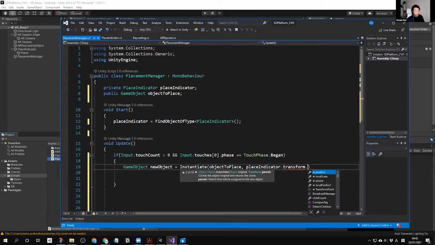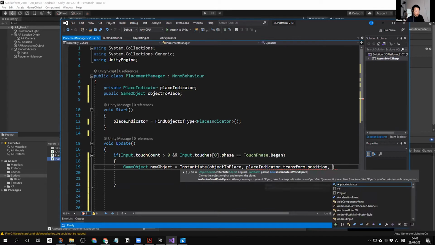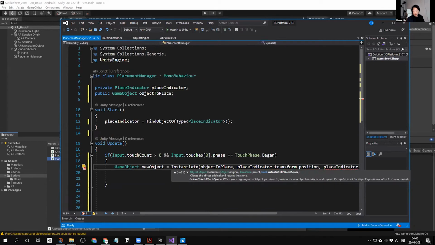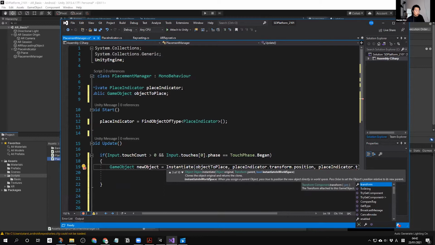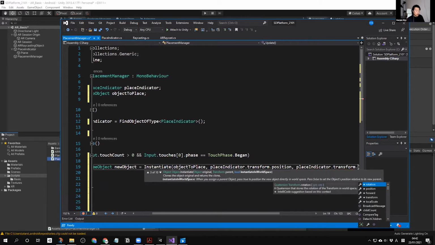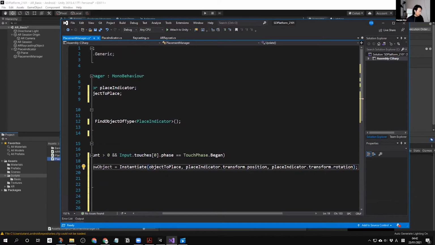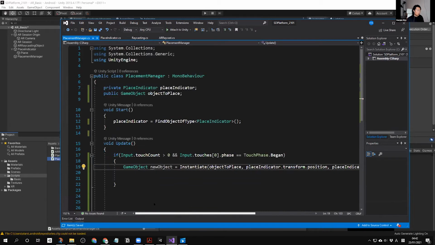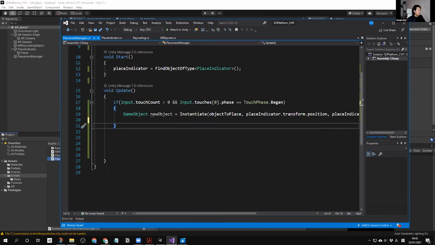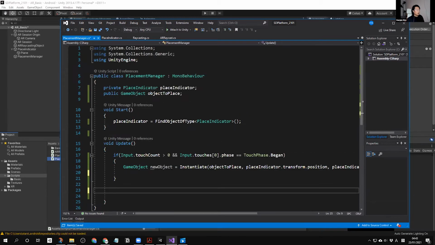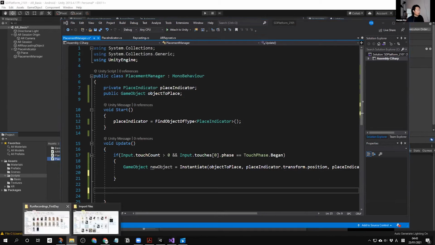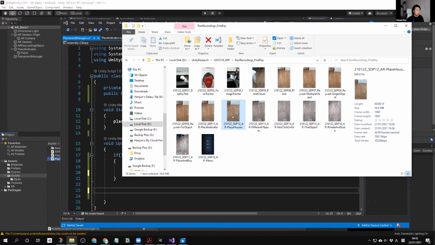We just need the position of the place indicator as well as its rotation, right? Let's save this one. It's going to instantiate the object to place at the position of the place indicator, and the result of this is